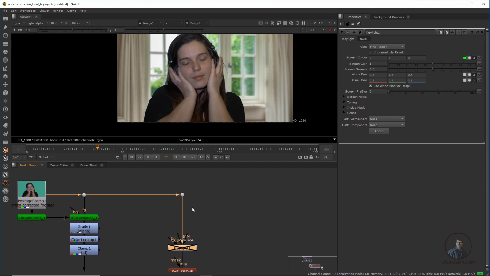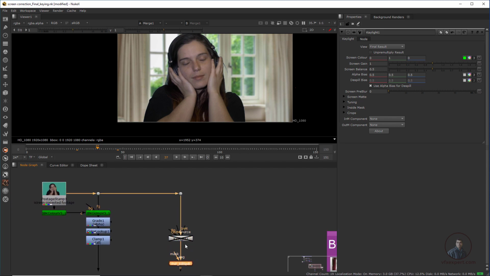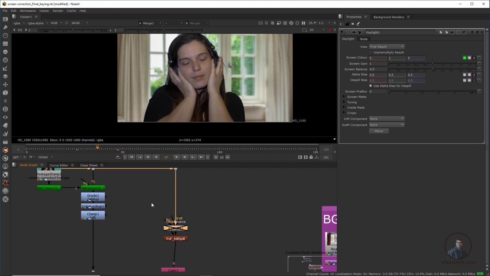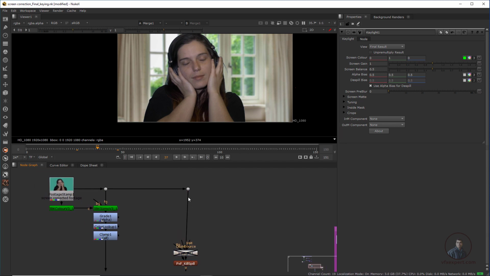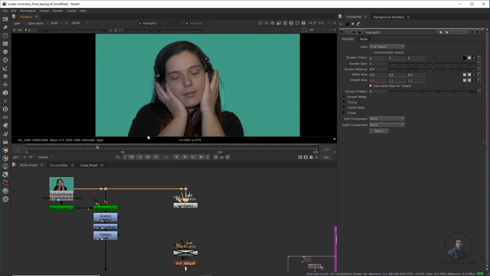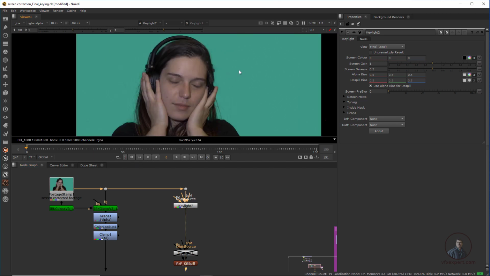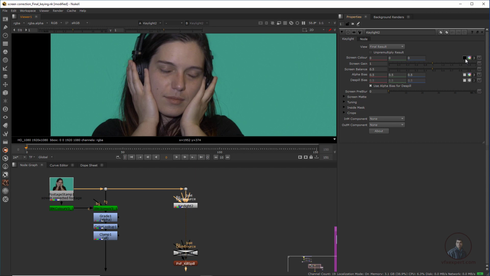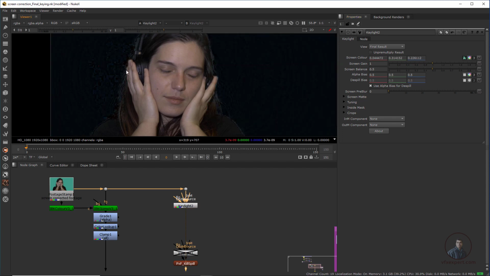So how can we do it here? This is actually our basic spill suppression. Now take a Keylight again for advanced spill suppression, press Tab, and type Keylight. Then from here select this one, press 1 here and pick any color. So from here we have to select this color, then enable the color picker from this Keylight, hold Ctrl and Alt and simply pick this color.